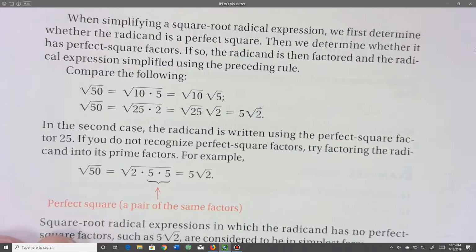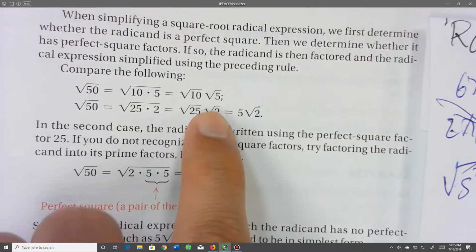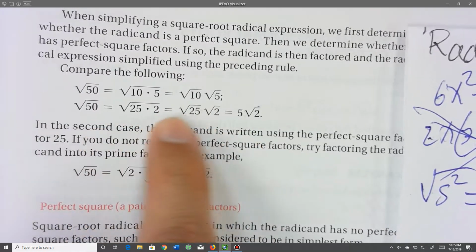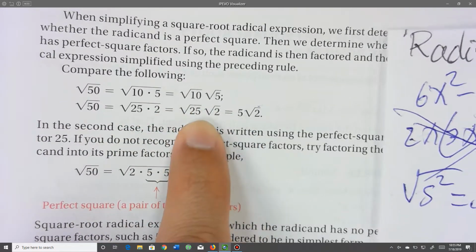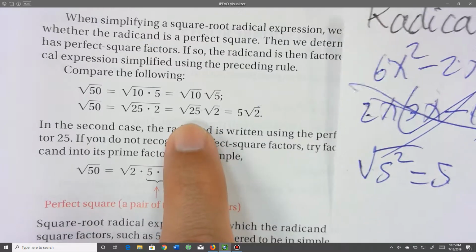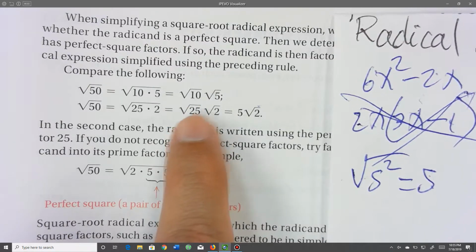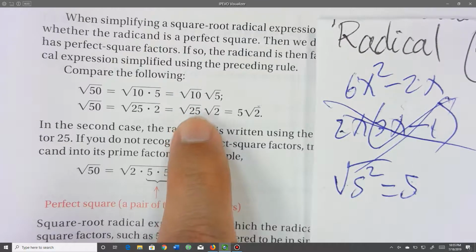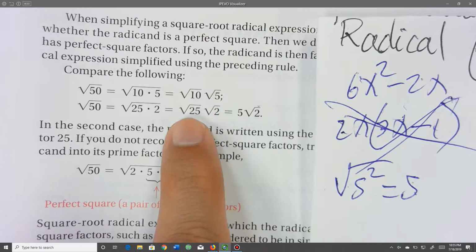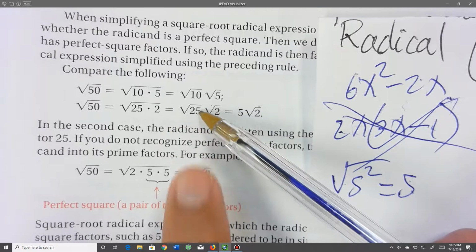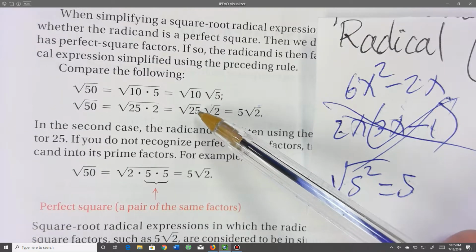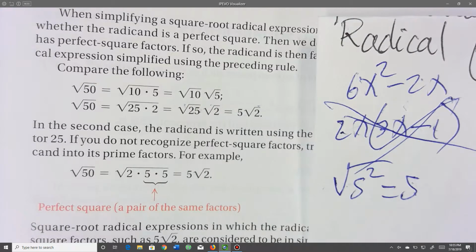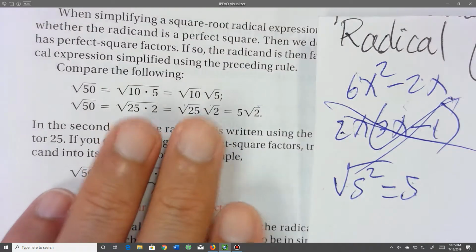Okay, let's see what else. And think about this, because you're going to remember that you will be working with expressions, and you need to get those expressions to look like perfect squares. If you can make those expressions look like perfect squares, just like this 25 is a perfect square, you are going to be able to move it outside the radical sign. That's why they are introducing this section. Okay,